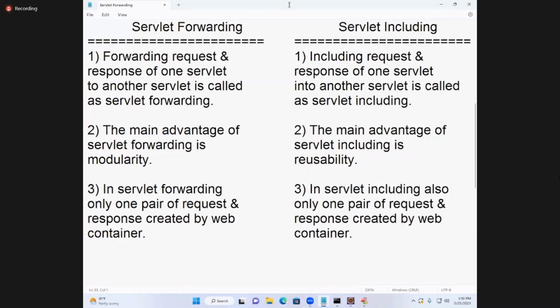In solid including also only one pair of request and response created by web container. In both the cases, one pair only created. See, that means,